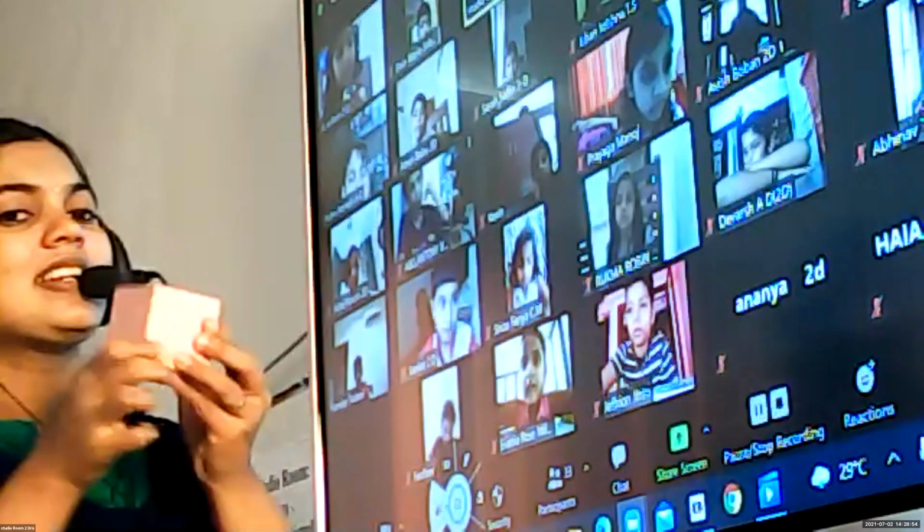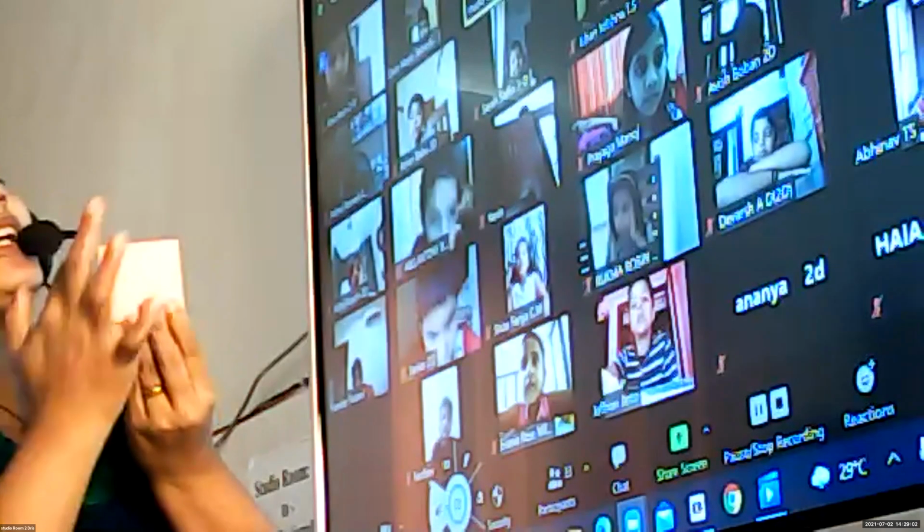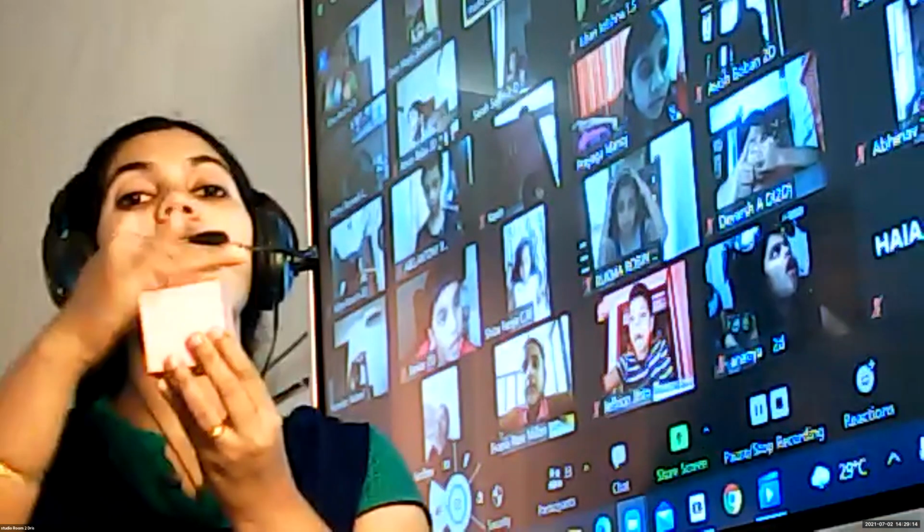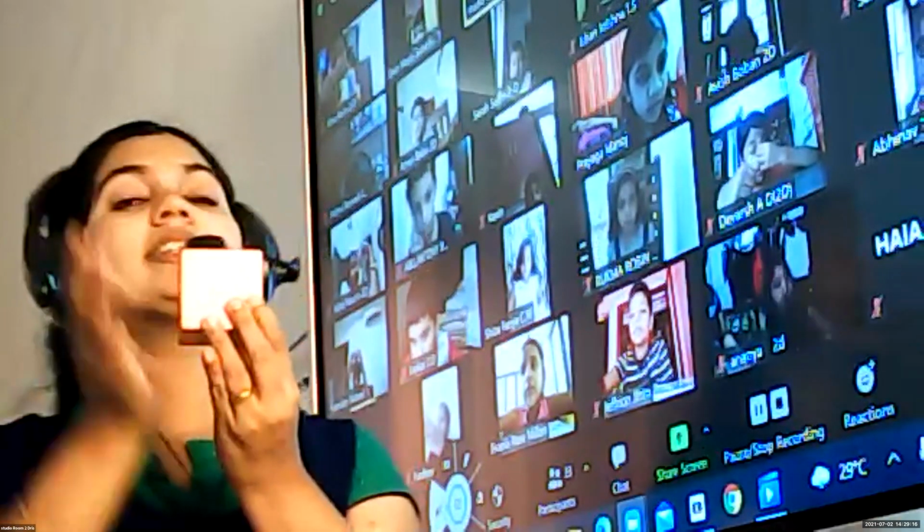The same way, see, what is this? Can anybody name this? Last year you have learned? Box. Cube. Yeah, you can call it a cube. Here, all the faces are in what shape? Okay, all the faces are in square shape. Here, for a cube, all the faces are in square shape.